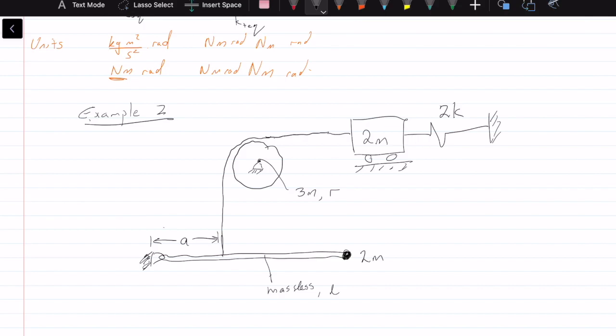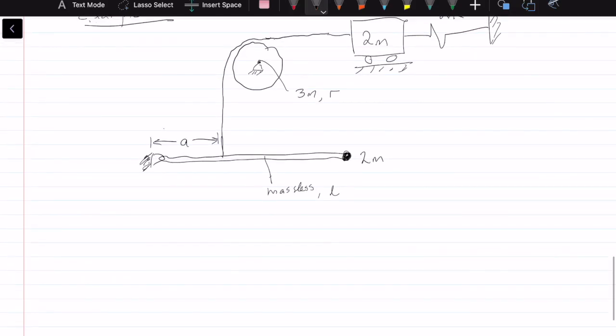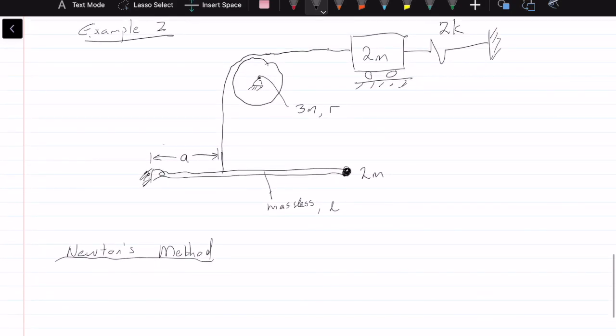Okay, so let's decide what we're going to do. Let's do Newton's method first. So what do we have to do with Newton's method? First, let's decide if these masses are in static equilibrium. We don't really care about this mass here or the disk, we really just care about this 2m right here. If I cut the spring,